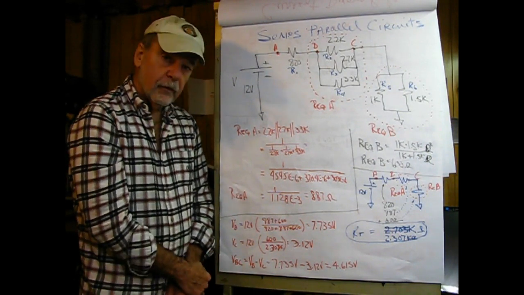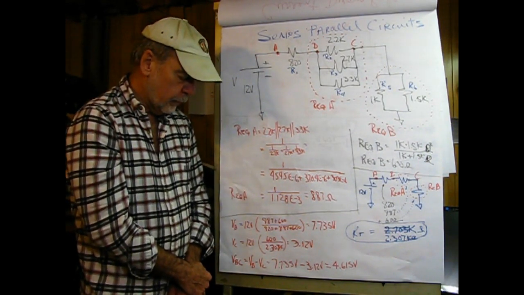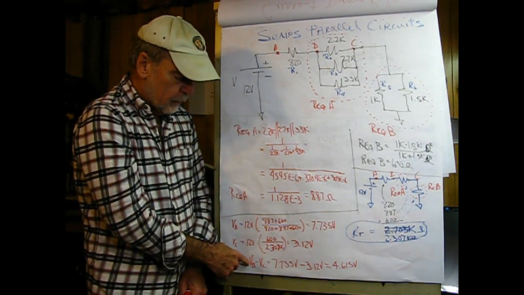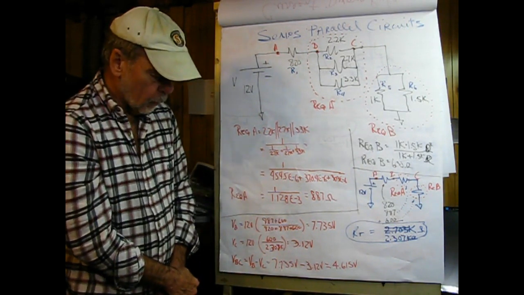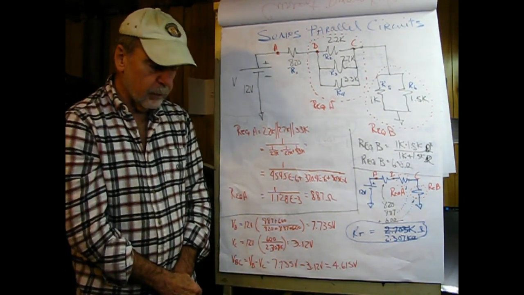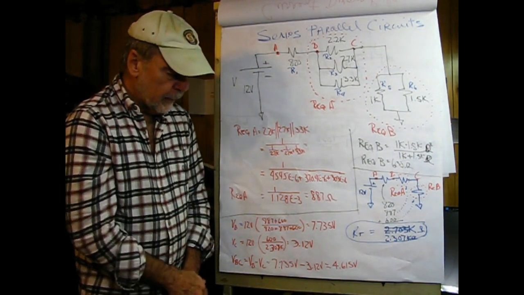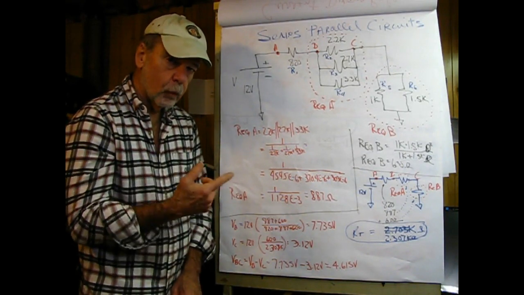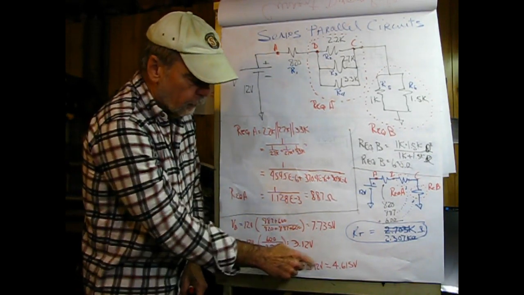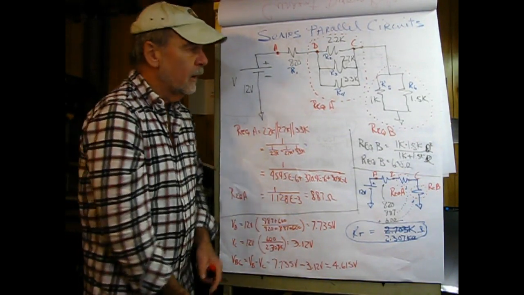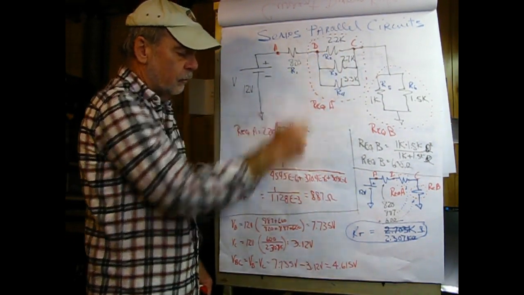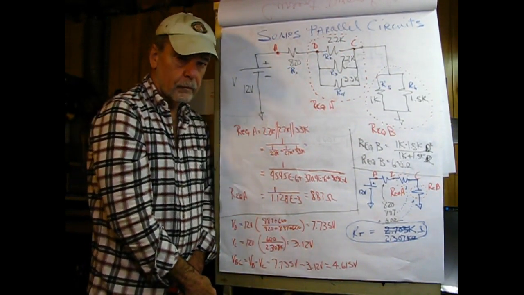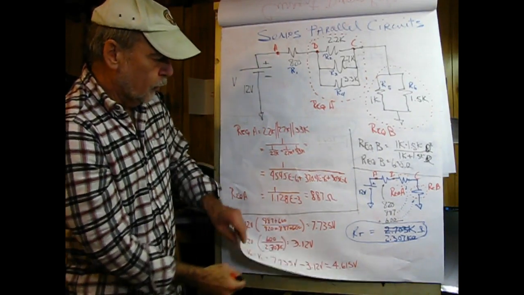On the other hand, VBC is very different. It's saying the voltage between node B and node C, and the way that decomposes is VB minus VC. So what I would have would be 7.735 minus 3.12 volts, and that leaves us with a voltage drop, that may or may not reference ground, very important, of 4.615 volts. So if I put the negative lead of a meter here and the positive lead of a meter here, I would expect to see something in the vicinity of 4.62 volts. Okay, so once we got that,